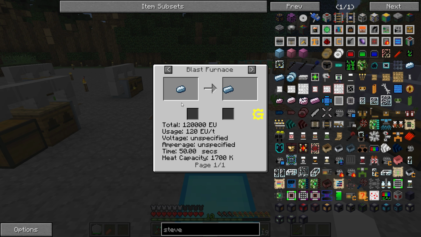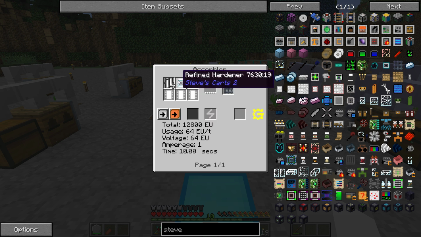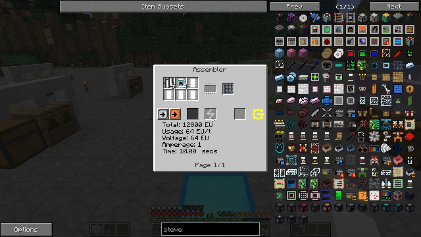Heating capacity, I think, is LV as well. And then basically iron and hardened mesh, you have to make reinforced hardener. That requires an implosion compressor, so